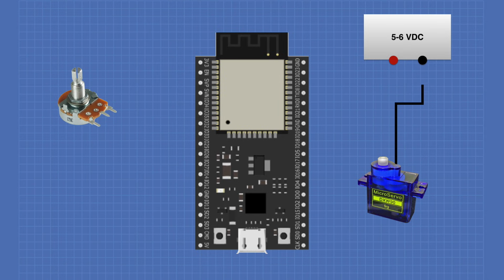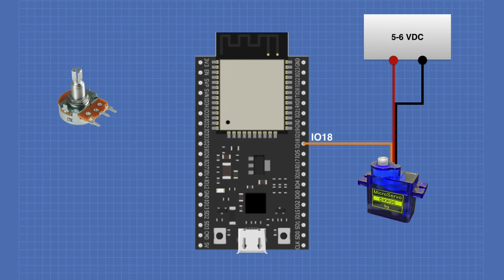We'll begin by connecting the ground connection on the servo to the negative or ground connection on the power supply. Note that on many servo motors this is a brown wire and not a black wire. We'll connect the servo's power wire, which is generally a red wire, to the positive connection on the power supply. The servo's control wire, which is generally orange but can also be white, will be connected to the IO18 pin